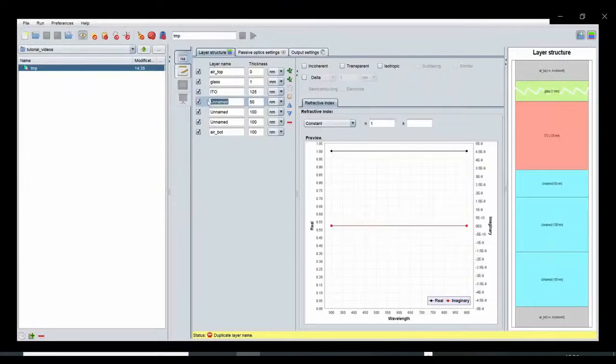50 nanometer of PEDOT, and then 100 nanometer of P3HT:PCBM as an active absorber. And I just finish up with a back reflector of aluminum of 100 nanometer thickness. In the first step, the solar cell will be simulated optically with the aim of finding